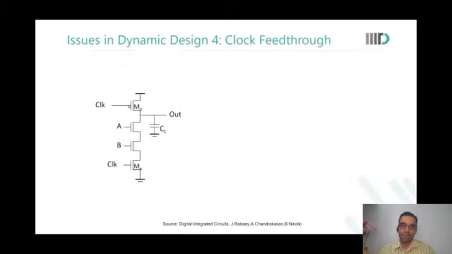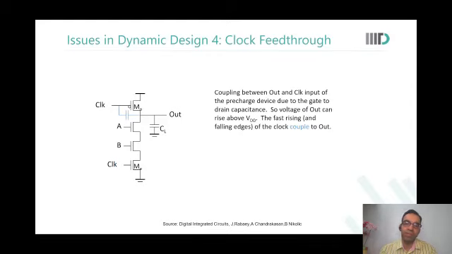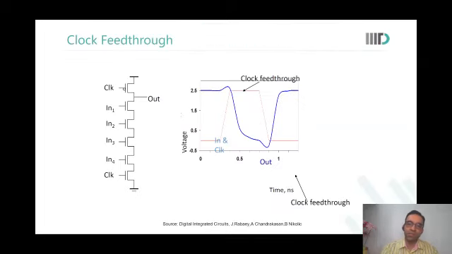Another problem that we have is clock feedthrough. Dynamic gates are very, very fast, very high speed, but they suffer from lots of these problems. There is another problem of clock feedthrough. This is something like what you were talking about a little while ago: when the clock comes, there will be some feedthrough between the clock and the output. This is what we discussed. You remember? Yes, sir. This is also a problem, because unnecessarily your output is going up and down, and we don't want that.